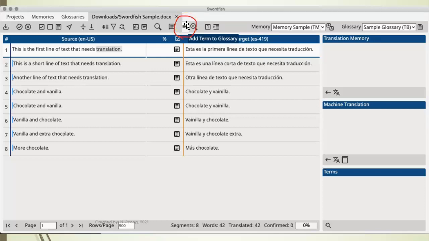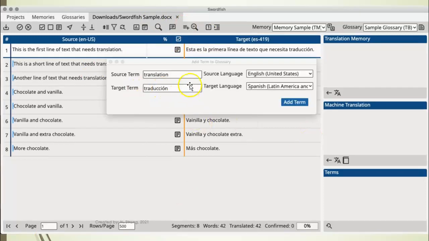If I highlighted the term in the text box before clicking the Add Terms to Glossary icon, then that term may appear in a dialog box. I can also highlight the source term and copy and paste it to the corresponding text box and do the same with the target term field. So play with this. You add, and then it's going to show like this: source term translation, the word translation right here, and then the target word is traducción, and you're going to put it as a term. So when you do that,